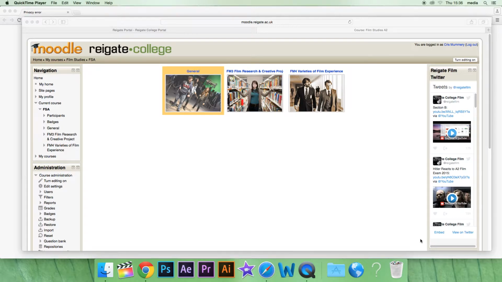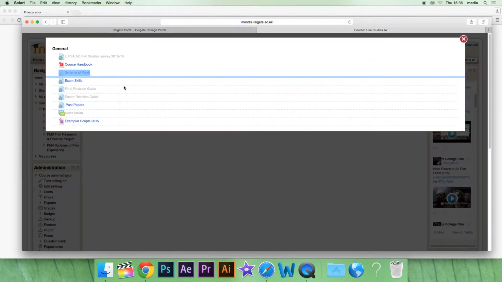Now the first thing you need to do is to make sure that you are familiar with the paper, so you know what sorts of questions are going to come up in Section A and Section B, and you have a think about the questions, and that will give you a kind of focus for the revision that you do. So to find past papers, click on General. You'll see the past papers link here,